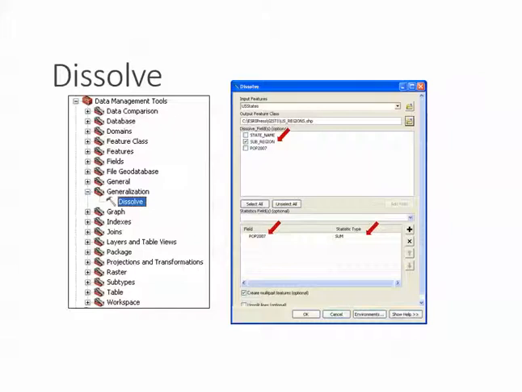So you would find in the data management toolbox under generalization the Dissolve tool, or you can just search Dissolve, and the input would be the United States. The output feature class, you would name something like US regions. That makes sense, right? So these are regions within the United States. And the Dissolve field that you want to use is sub-region. So basically every state that has a sub-region field, those states that fall within a certain sub-region will dissolve